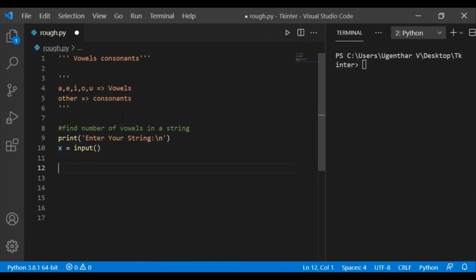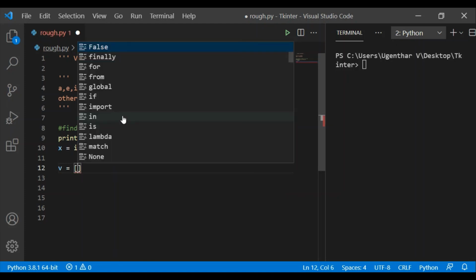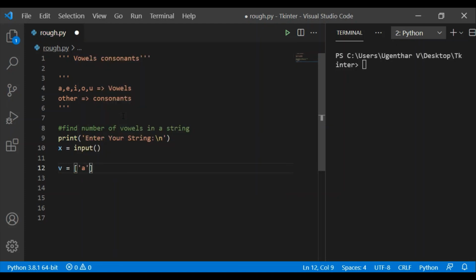Now, for vowels, I will create a new array which will have a, e, i, o, u.